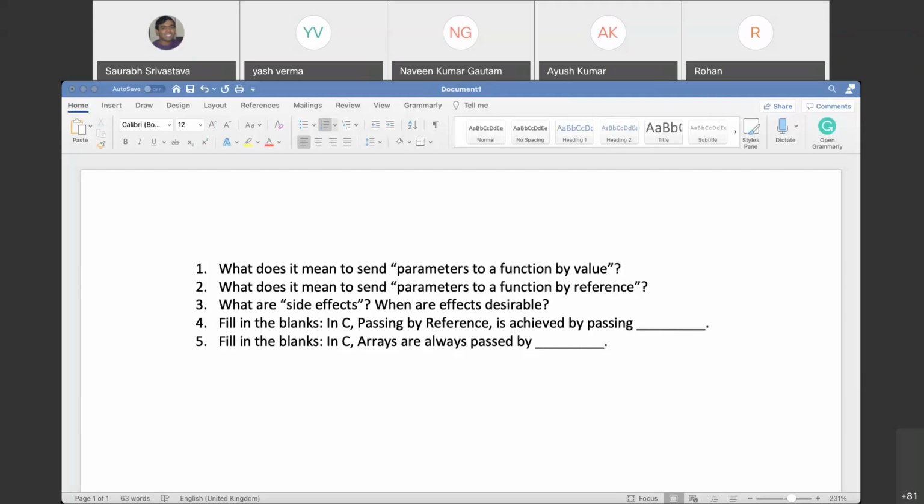I would just like to add, function by value means when we take the value of a variable and send it forward to another function. Here integers and others would work, but for arrays you don't have to specially mention that. Arrays are by default sent by reference. Arrays don't go with the values. That's all. So does anybody have any doubt for this question?